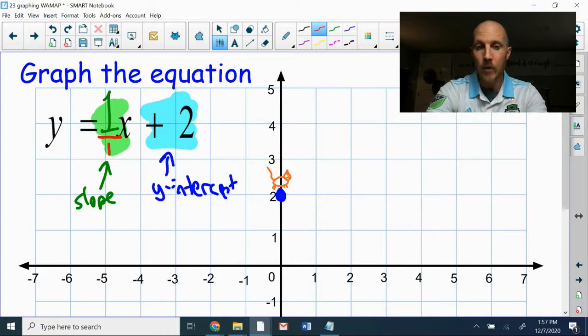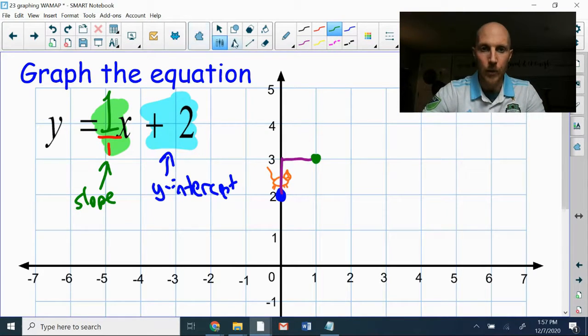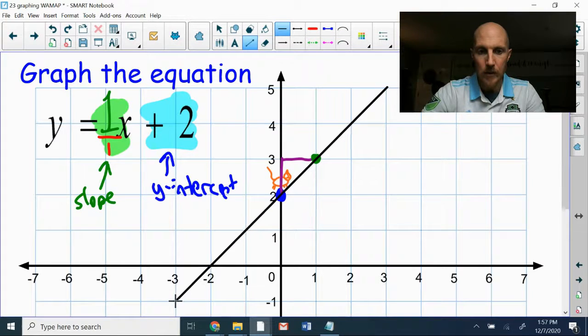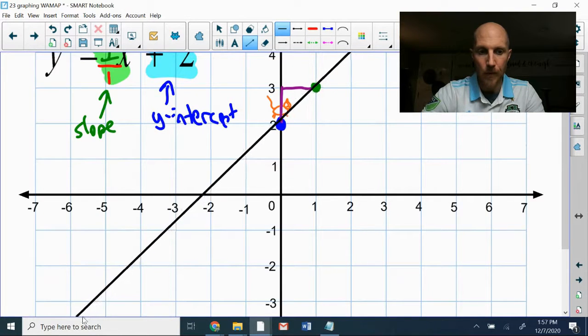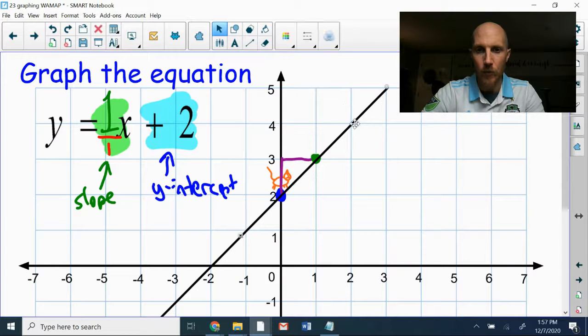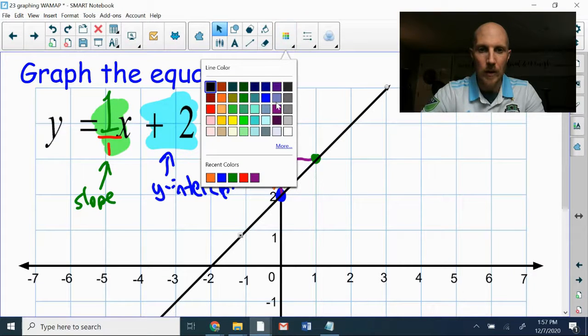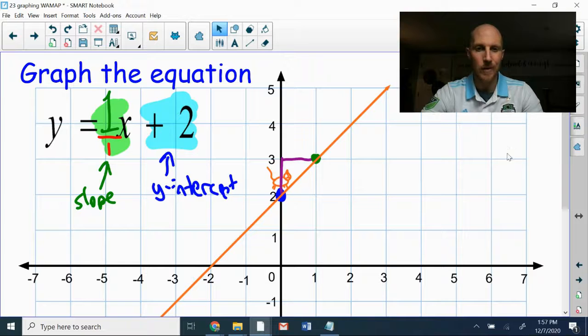So MathCat is going to find our next point by doing a rise of 1 and a run of 1. It's going to go up 1, and we're going to go right 1, and then our green dot is going to go right here. And then we're going to draw our line as long as possible, from one side of the graph to the other, filling as much of the graph as we possibly can. Arrows at both ends. And I think this time, let's do orange for MathCat, SmashCat's favorite color. All right,